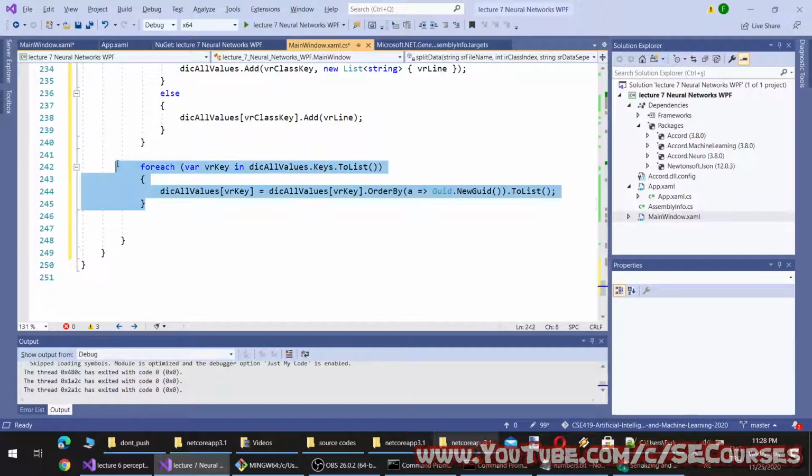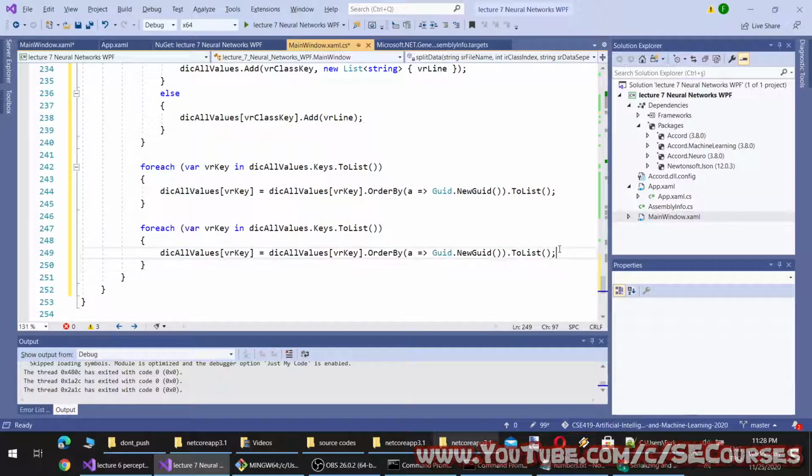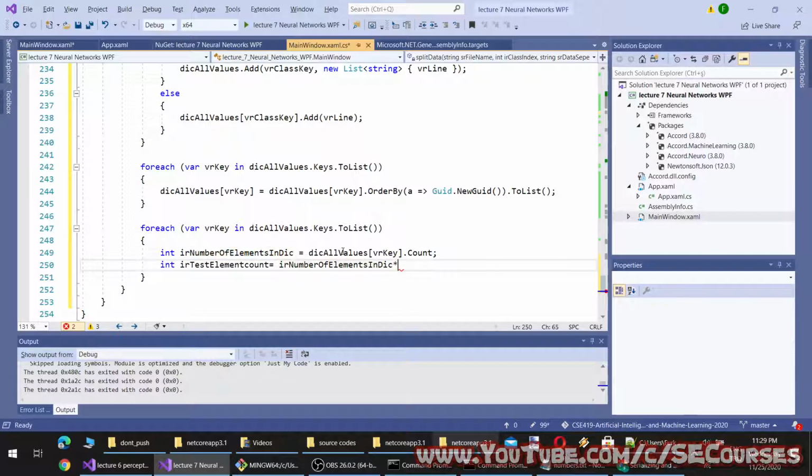So the test element count will be equal to the count times percent over 100.